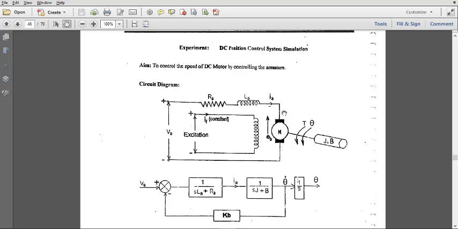This is the motor part, and it is a separately excited motor which has a separate excitation, with a field current of IF flowing inside the field coil.